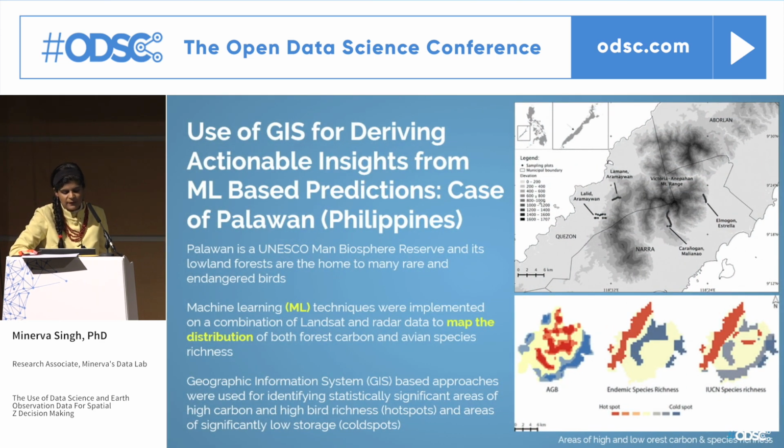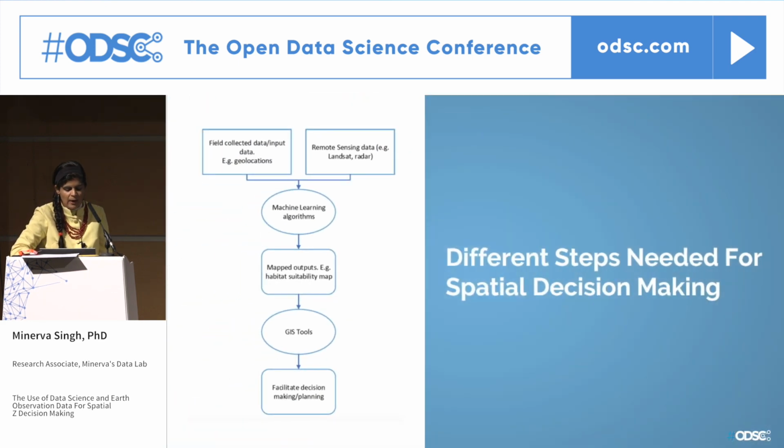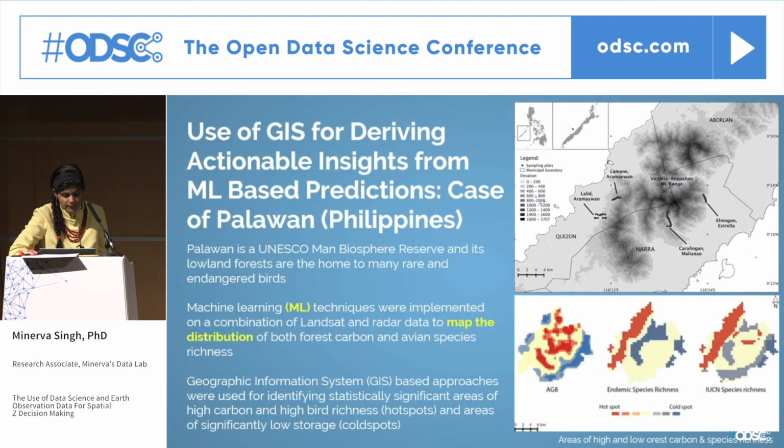So we use GIS for deriving actionable insights from machine learning-based predictions. And we carried out the research in Palawan, an island in southern Philippines. And again, machine learning techniques were implemented on a combination of Landsat data and radar data to map the distribution of forest carbon, and we obtained mapped estimates of bird species richness. So just to go back, we managed to get up to the part pertaining to mapped outputs using machine learning. And yes, I could have stopped at that point, but that's not what we did, because we needed to drill